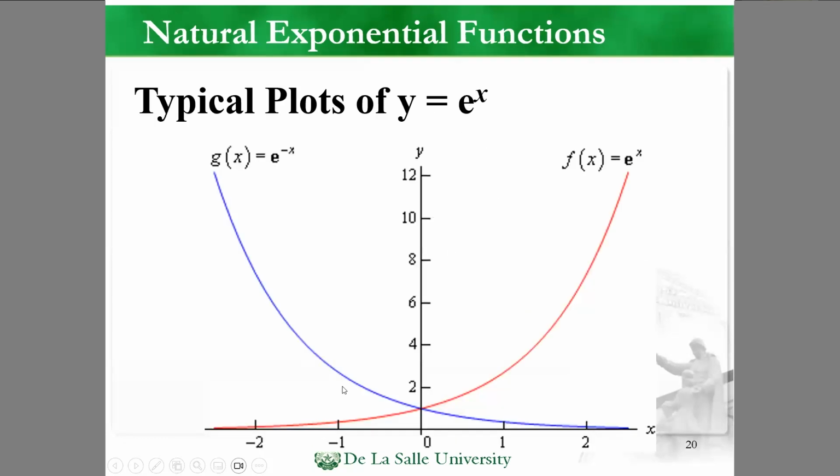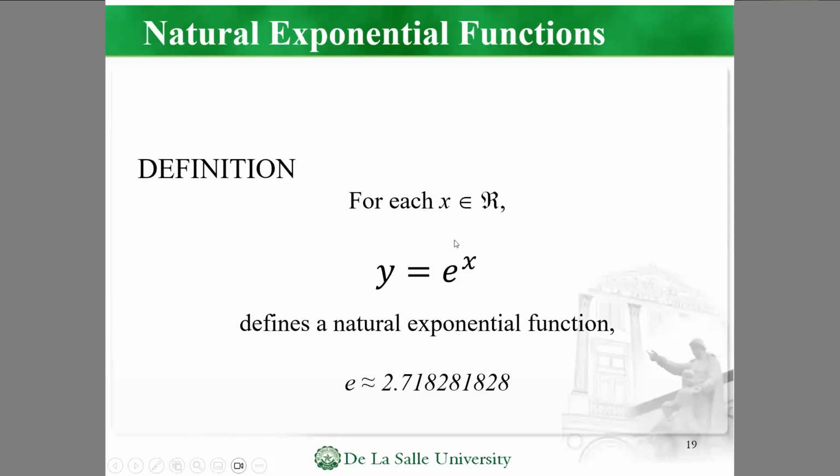So this is the plot. It's basically the same. It's just that e is a special number. It's a natural number. Okay? So